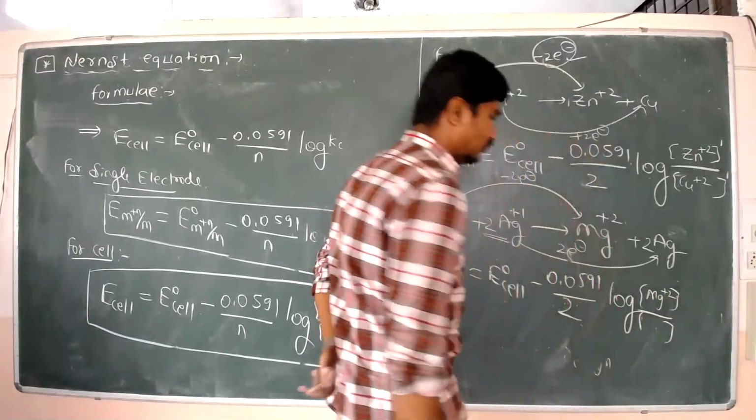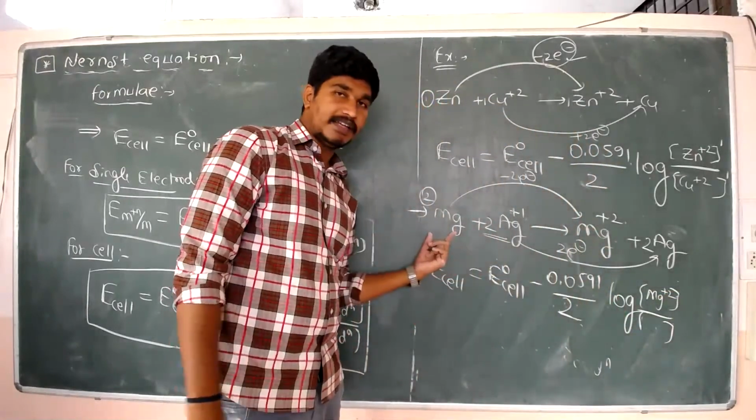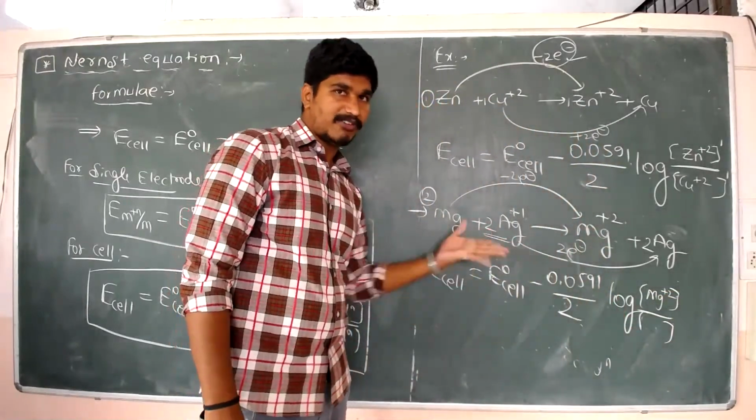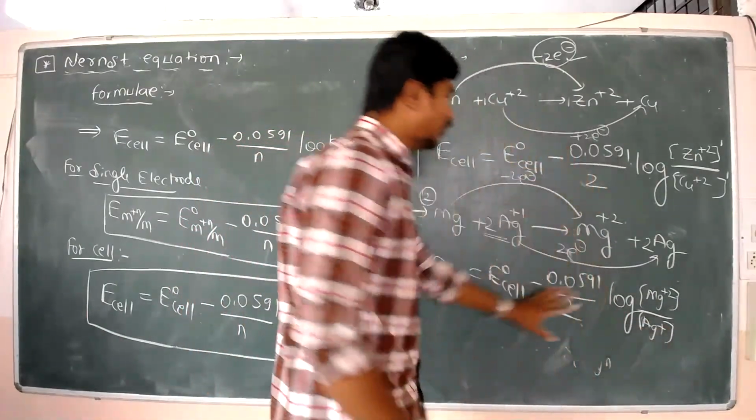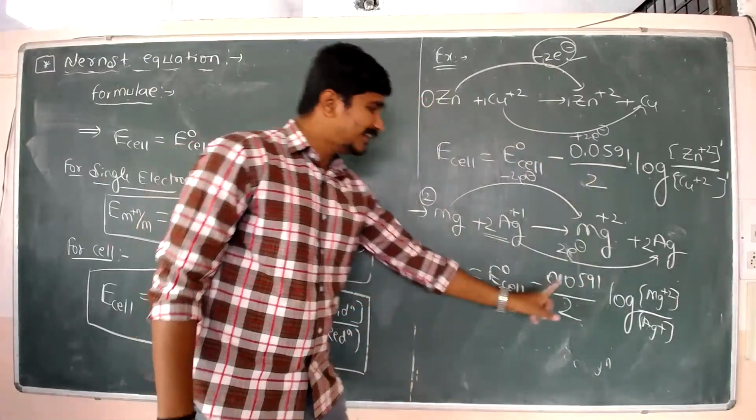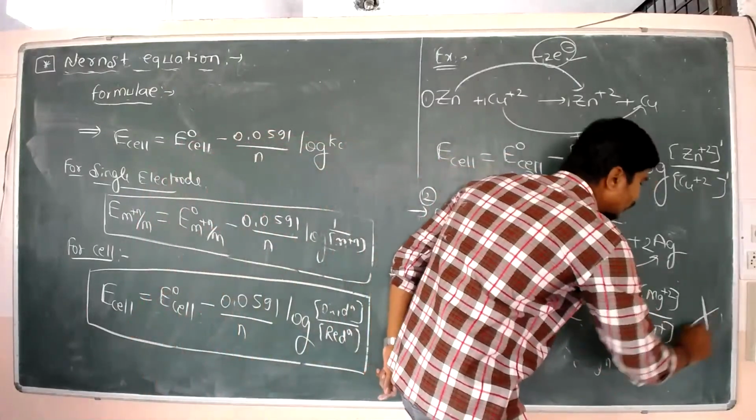Oxidation: Mg to Mg plus 2. The reactant, which one do we have to write? Mg and Ag plus 1. Which one is in the form of an ion? This Ag plus. Therefore, you have to write Ag plus. This one is the correct formula, that one is the wrong formula. I can say that this one is wrong because